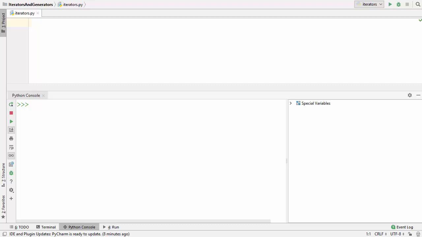But before that, we need to understand what is iteration. So what is iteration? An act of going over a collection is called iteration. Now, what kind of collections we are talking about? We have already seen some kind of collections like lists, tuples, dictionaries, sets, and other kind of collections. And till now, what we have seen is we can use a for loop to iterate over a collection.